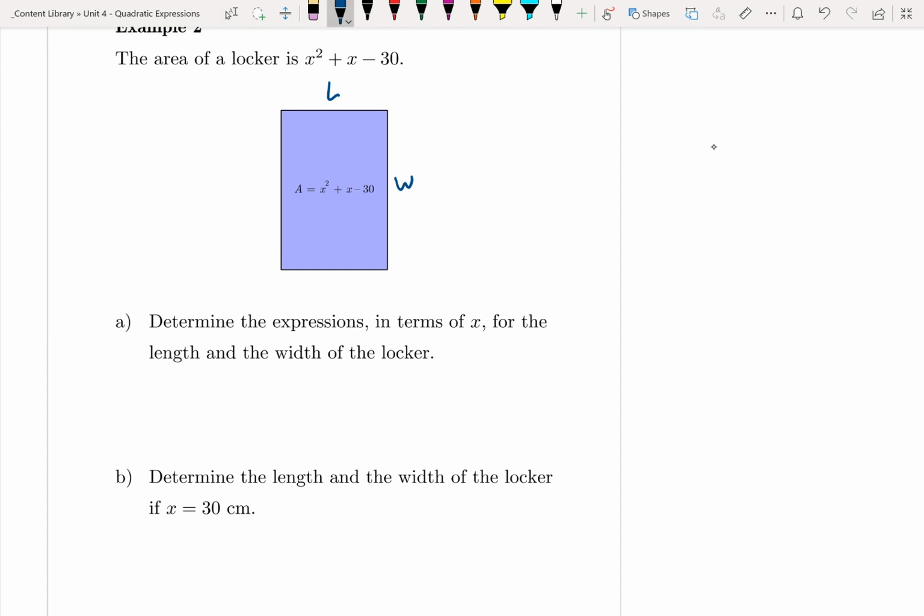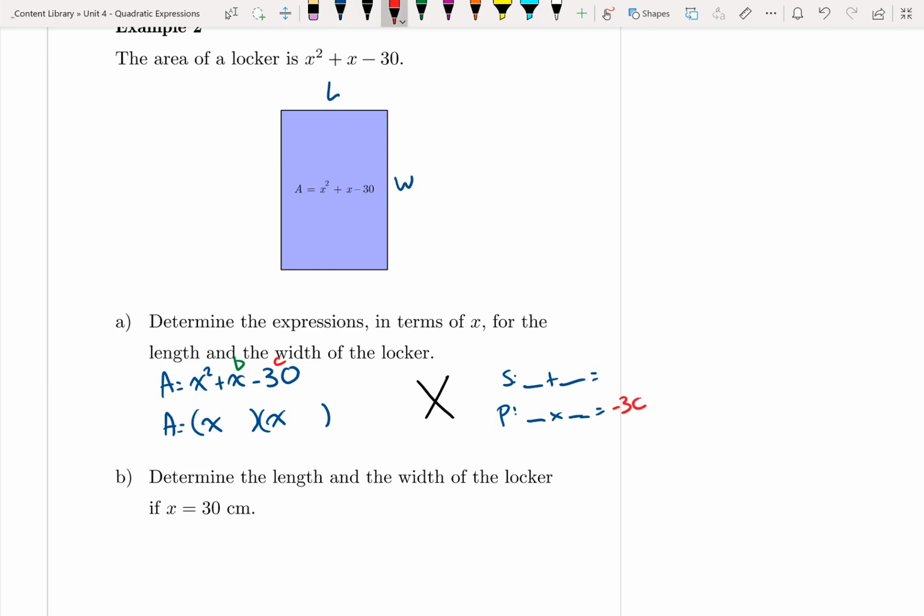So basically I need to break down the area, that is x² plus x minus 30, into two terms multiplied by each other. We know x is going to be first, as is the pattern, and we can go from there. We know that the c value is going to be the last one, the b value is going to be in the middle. So whether we use our x pattern or we use our product and sum, where we have two numbers that add to equal, two numbers that multiply to equal, whether it's -30 or whether it's